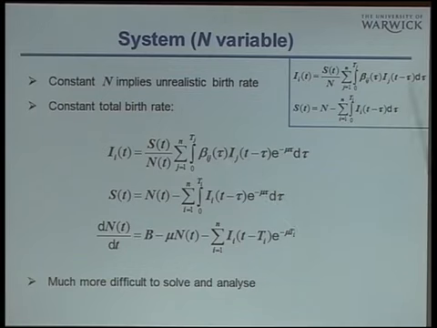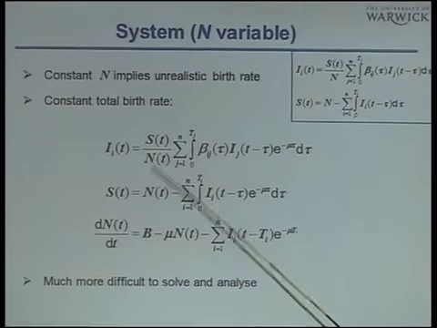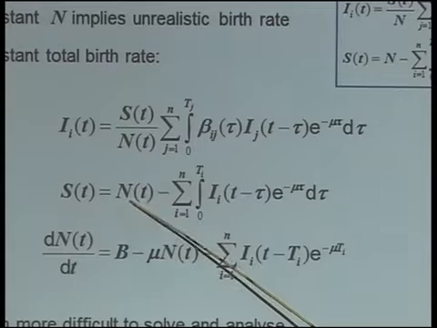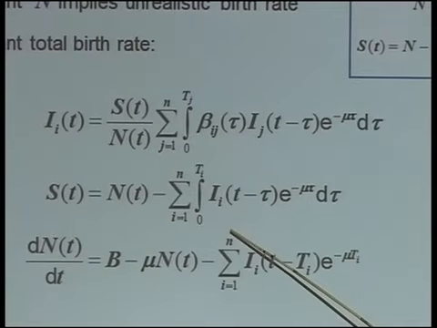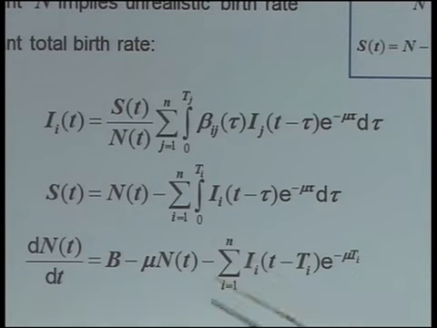So the system is the same as before, but now infectives of age tau, in order to transmit a strain I according to this function here, need to have survived natural death until age tau, which is this factor here. N now is variable. The total number of susceptibles is N minus the total prevalence. The total prevalence also takes into account how individuals die over time of natural mortality. And then the total population changes because of a total birth rate, a per capita death rate, and here I have,